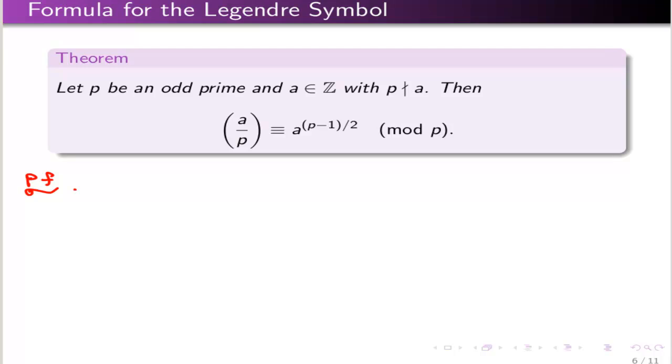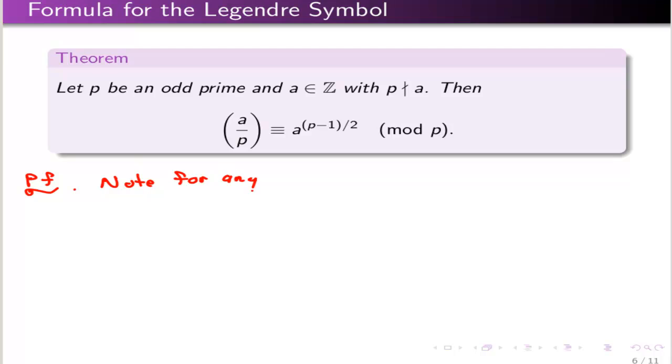So have we already proven this? Not quite. So we showed that if the left-hand side is plus 1, then the right-hand side is plus 1. And if the right-hand side is plus 1, then the left-hand side is plus 1. So we have to think about what happens if these values are not plus 1. Well, note,